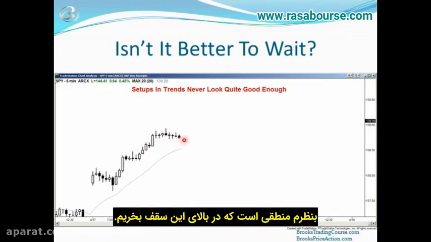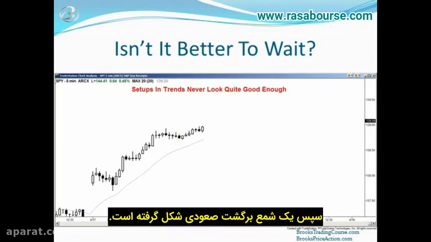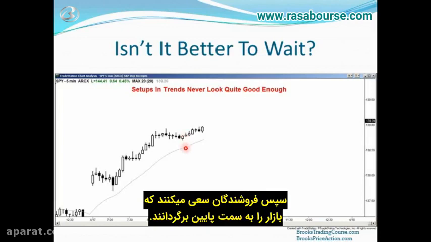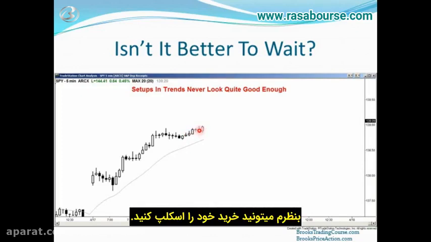I think it's reasonable to buy above that high, or you could wait to see if we get a pullback to the moving average. We got a bull reversal bar for the triangle buy setup, which is good. So you could buy 1 tick above the high of this bull bar. The bear is trying to reverse, and the market ticked 1 tick below the high of that bear reversal bar. To me, I think you can scalp out of your longs, but there's way too much buying pressure, and the channel is way too tight, and the pullbacks have been way too small to be thinking about taking any shorts.